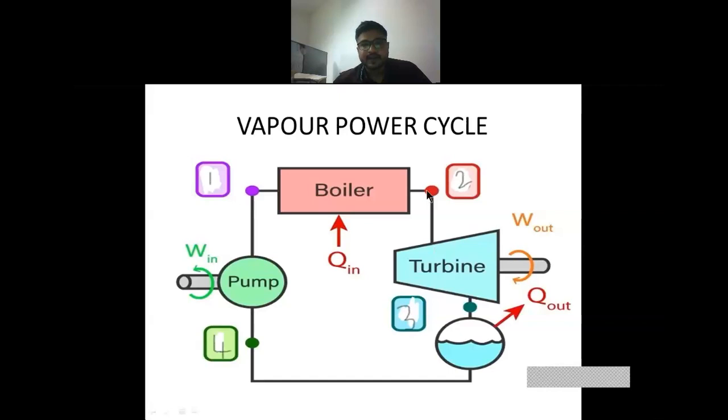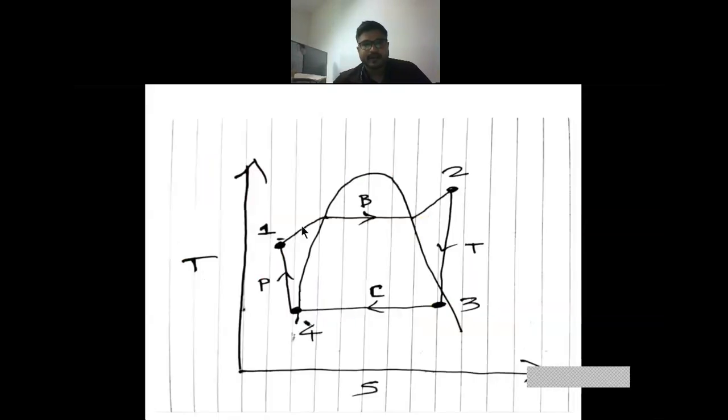And from where can we get that steam? We can get that steam from the boiler. So we will start from here. Point number one. At point number one, our working medium is water and it is in liquid phase. We are supplying water here. So we will try to understand this along with the Rankine cycle. In the Rankine cycle you can see this is our point number one. At this point we are supplying water.